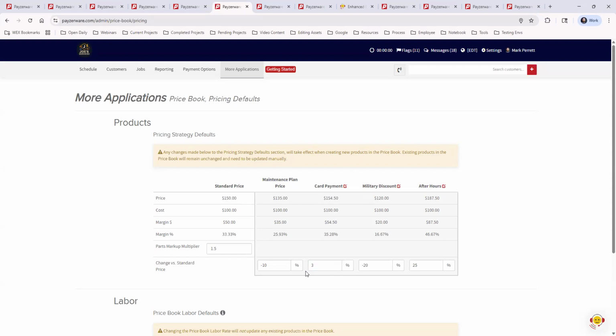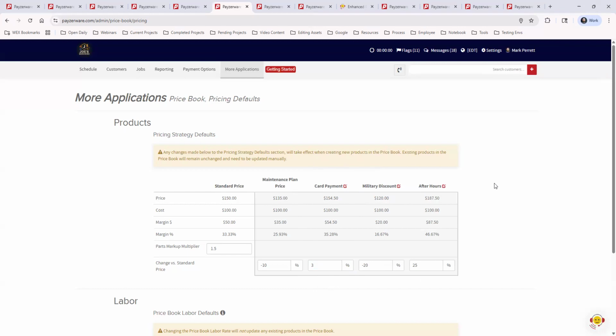So if you are doing a job up front, you already know they're going to pay with card, put this as card payment. And then when you create your invoice, it will just increase it by the percentage you put here, including that card payment percentage on the invoice before you send it to the customer. So that's just one use case. Some of my customers do it this way. You don't have to do it at all. But that is just another tip,